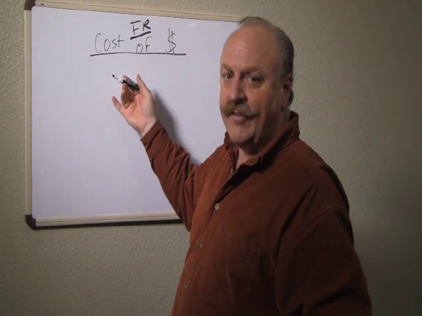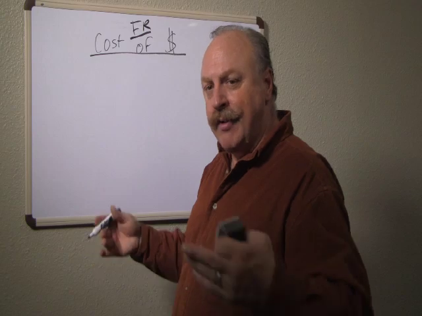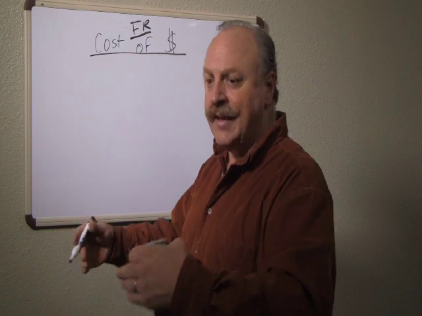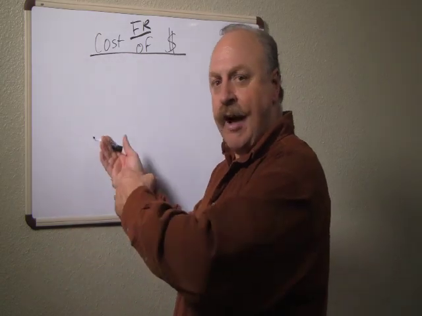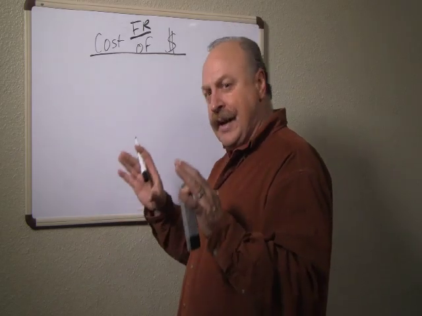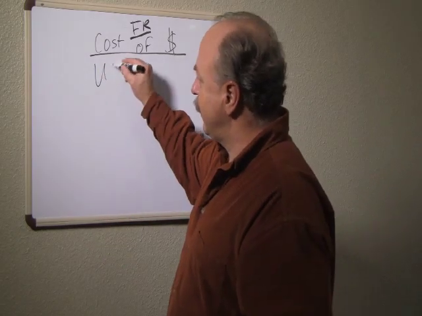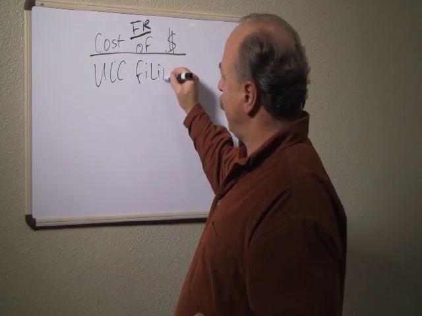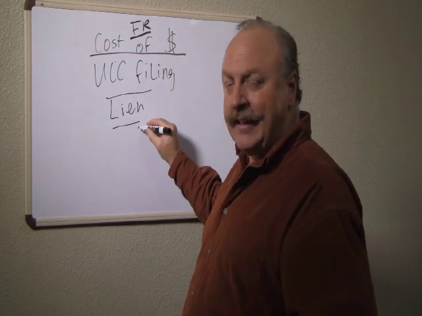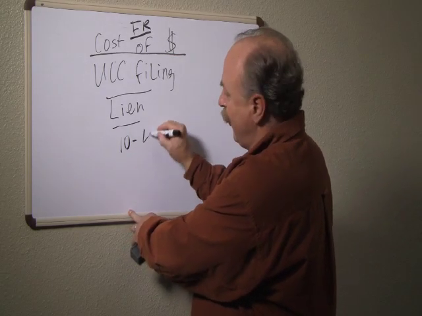In addition, what we have here is the amount of money that we would take from the consumer of this product, or business owner for that matter, each day out of their credit card processing machine. What we're going to do is attach a UCC filing to the credit card machine, and that's called a lien. And that lien can range anywhere from 10 to say 40%